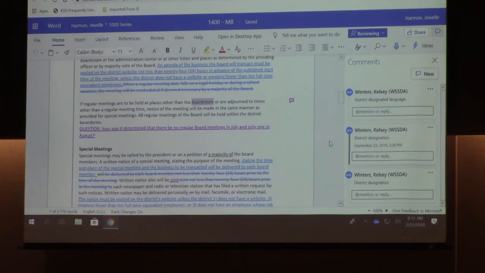But as far as not having regular meetings and the true why, it's unfortunate for me to say this out loud, but my experience is that Kent has never done that, and I don't think any others do regionally. I think they just schedule it per the school calendar year. Because the school calendar ends at the end of June and starts back up in late August or early September, that's how this board and others have their board meetings. But there's nothing in WAC or RCW that says it has to be that way. And something I've learned is that just because WSSDA suggests a policy, the only thing we really have to provide policy on is what an RCW requires, right?